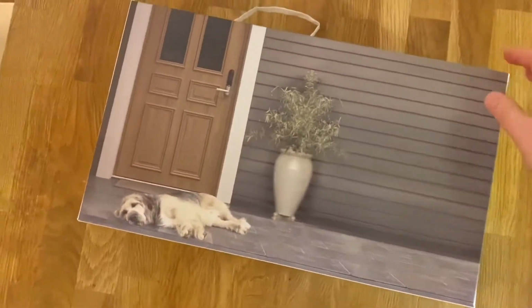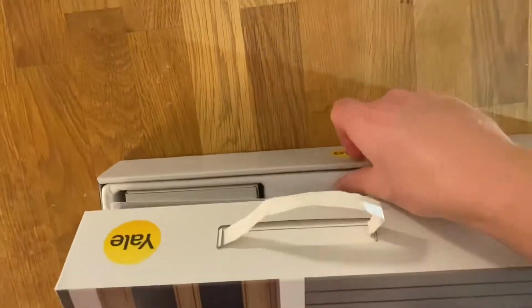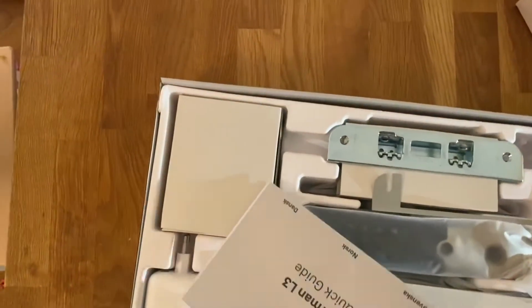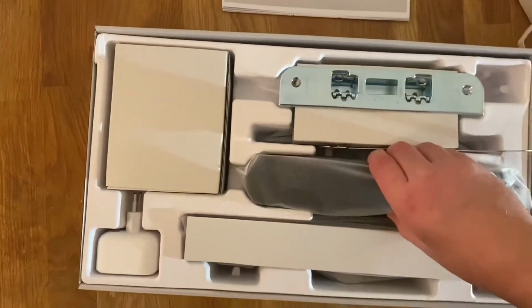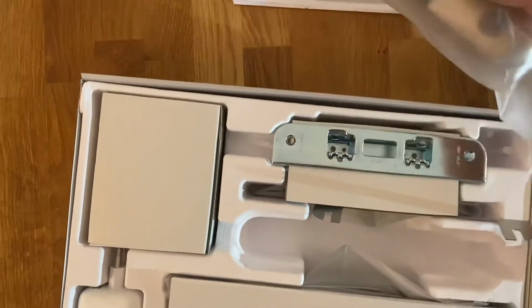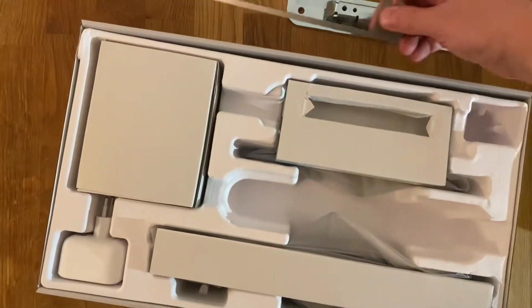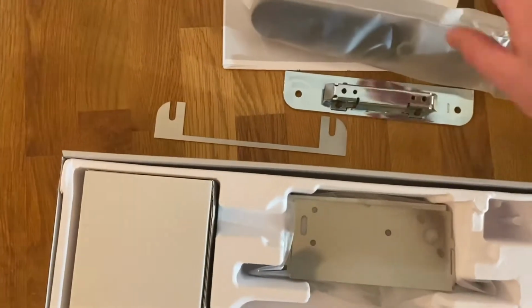Slide it out like this, and then I guess you remove the top part, and we have some user's manuals. We have the door part on the outside, this thing, I guess that's a drill protection,